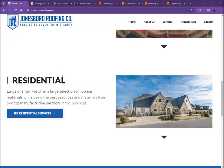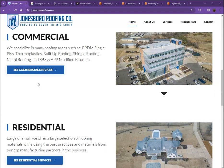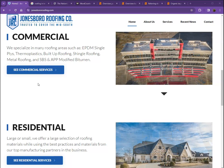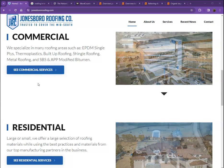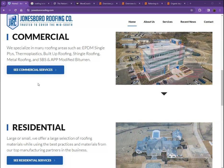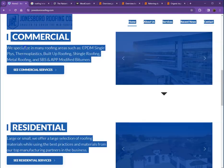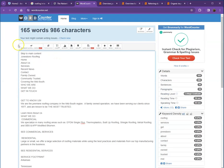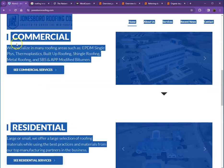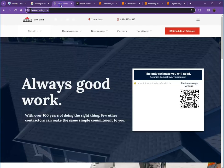of the search list. One thing I can tell you right off the bat is that Google loves content. Google likes to see a minimum of 1,500 words on your homepage. In addition, the more content you have, the more you look like an expert in Google's eyes. So if you want to beat out the competition, you want to have 1,500 words or more. Let's do a quick count of how many words we have on our homepage. Currently we only have 165, which is quite low. One of our main focuses is to up the number to 1,500 or more for Google to consider us